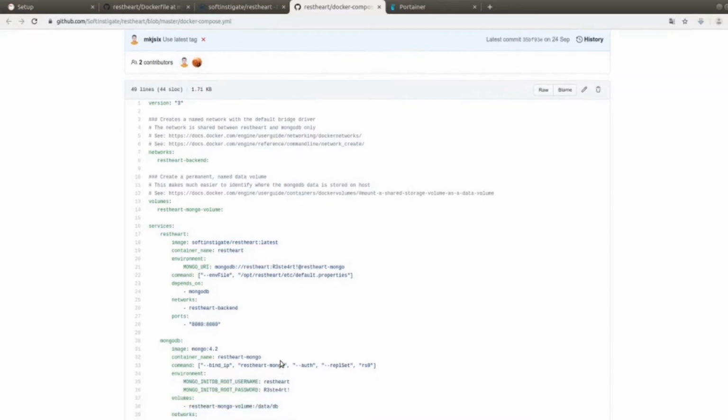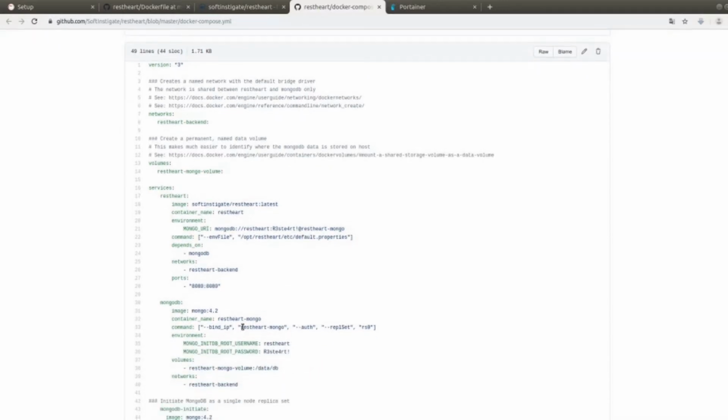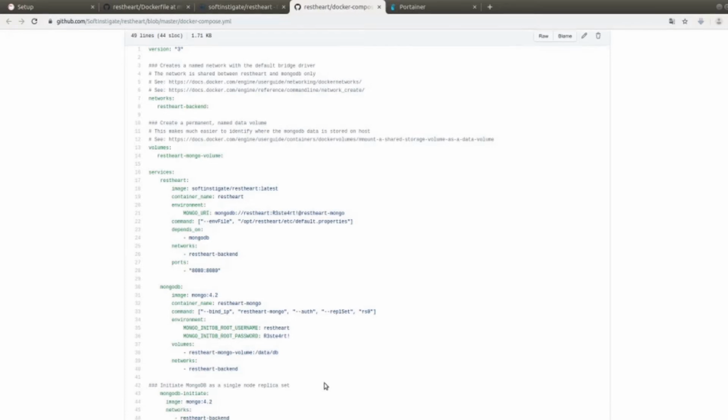This works in a similar way for MongoDB. In this case too, we have some environment variables to address the root user. There is also a volume in order to make the data inside the database persistent. Remember that in a container, the system file's life is limited to that of the container itself. So, when the container is destroyed, we lose all the data inside it. In order for them to survive when the container dies, it is necessary to create a volume.